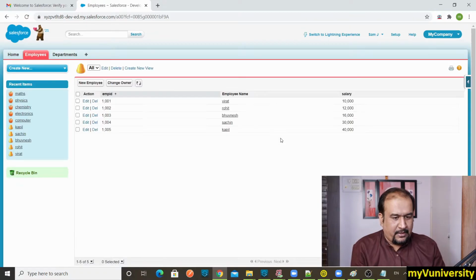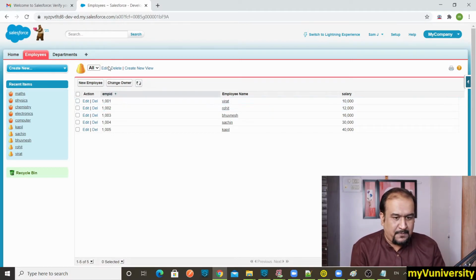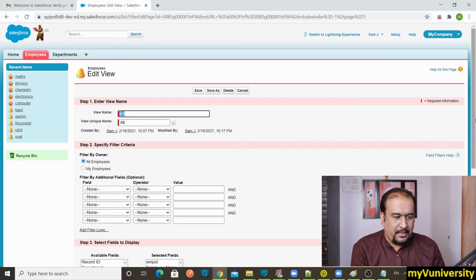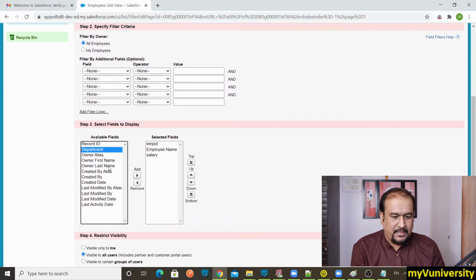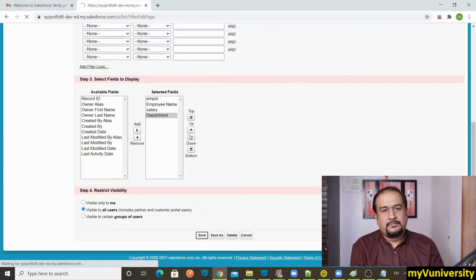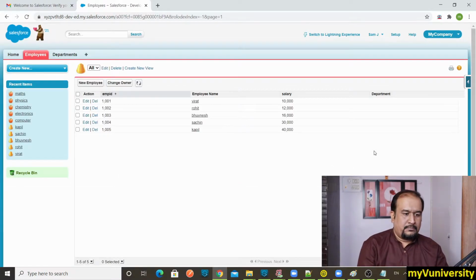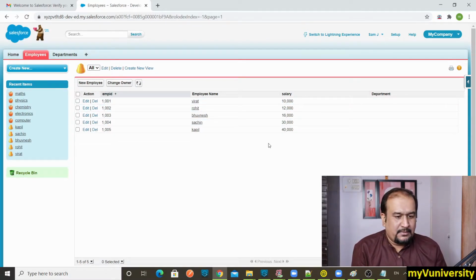And here you can see all the records. I don't have the department available over here. So you added the Department field in the Employee, and it has to be displayed. Let us edit the view once again, and take Department also over there. You can see this Department needs to be added over here. Okay, that's perfect. Click on Save. This is the whole thing, and you can see Department is all blank.